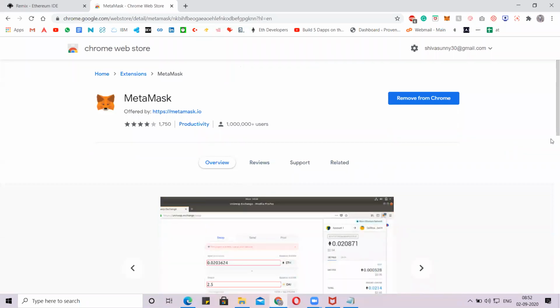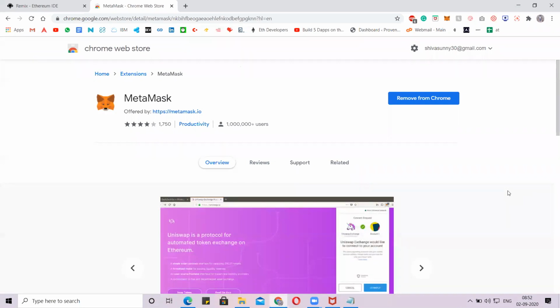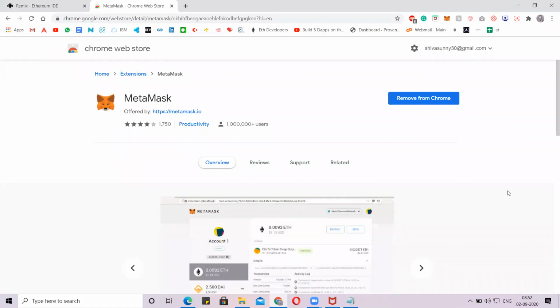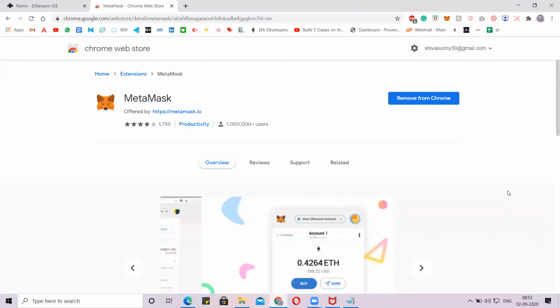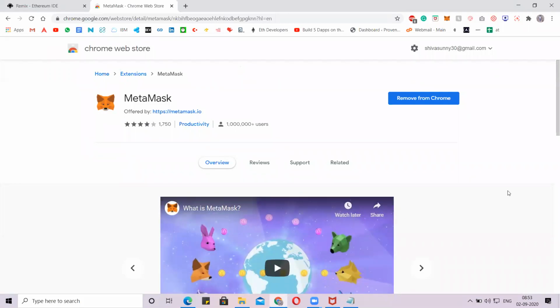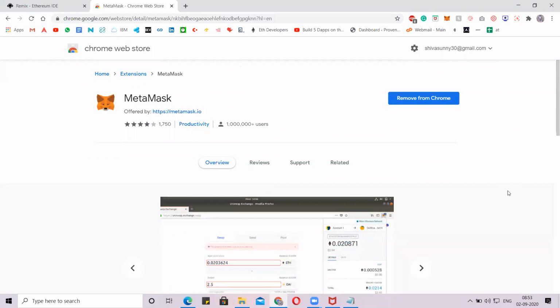Guys, please go to Google Chrome and search for the MetaMask plugin. You'll get a Google Chrome extension, the MetaMask extension. Just create an account. Don't do anything else, guys. In that, you'll get a 12 or 13 word mnemonic. Just keep that mnemonic safely. And always remember the password we are giving to MetaMask. I'm telling you again, guys, keep that mnemonic very safely, because we'll use the same mnemonic in your dApp development. Okay, is that clear, guys?